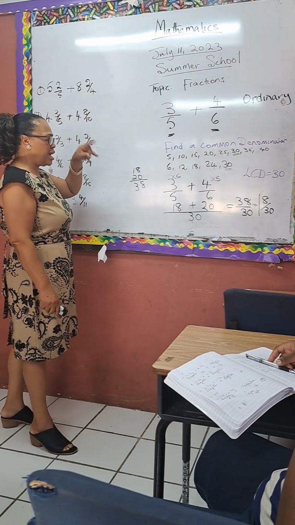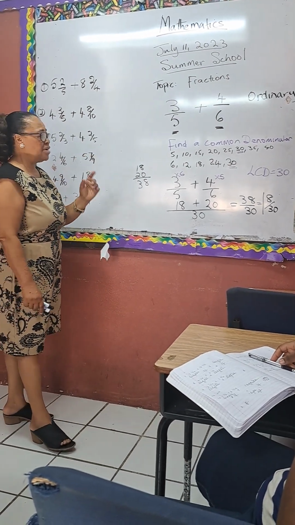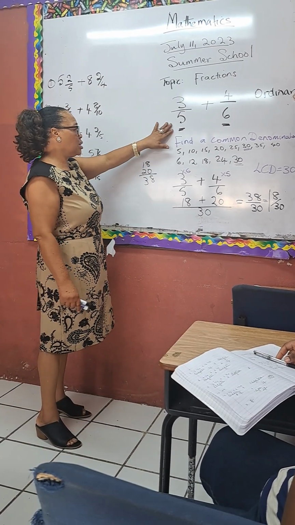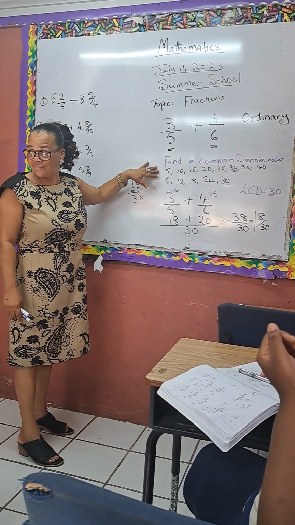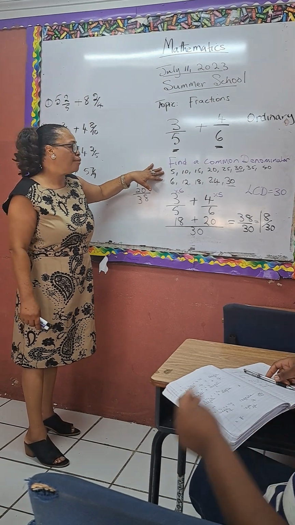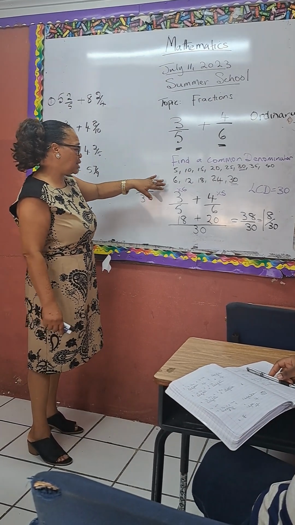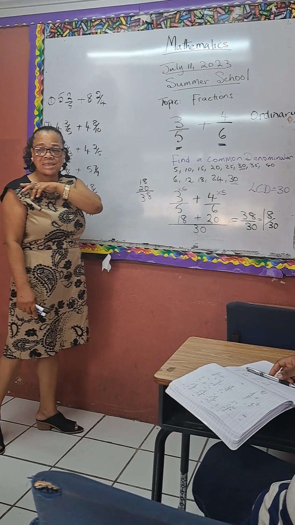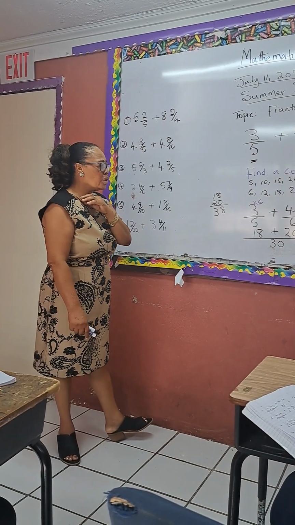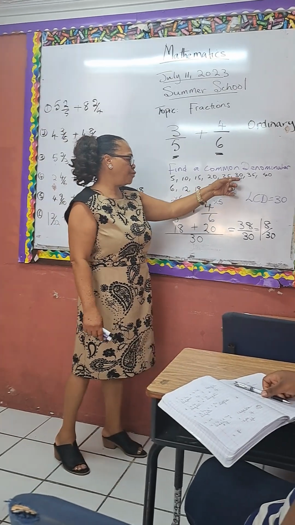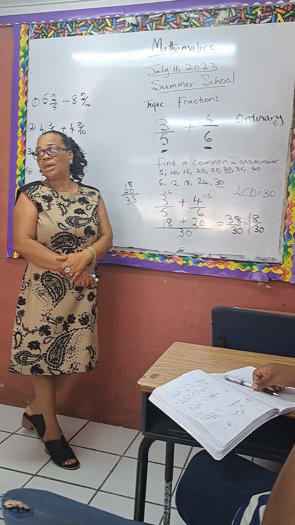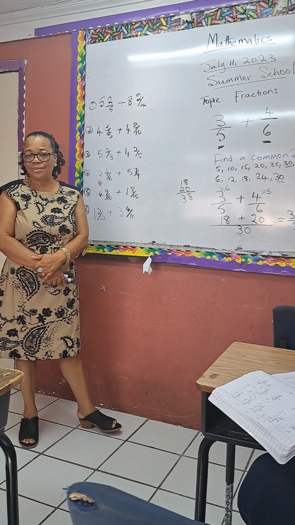In order to find a common denominator for 5 and 6, I always say the first one, I take my 5 and I write out my 5 times table. Then I'm going to take my 6 and do my 6 times table, and I'm looking for a number, the smallest number, the first number that matches the number in my 5 times table,